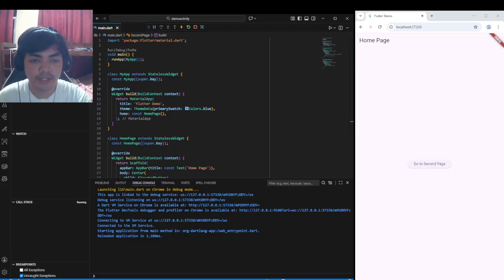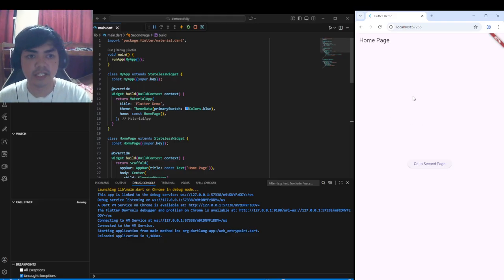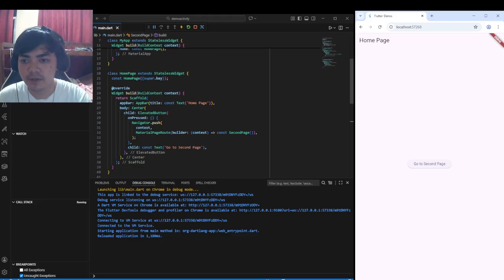So there's our home page, and then we refresh it. Now there's our second page. Then go back. So that's pretty much it. The way it works here is in our home page we have our scaffold, which is our content.